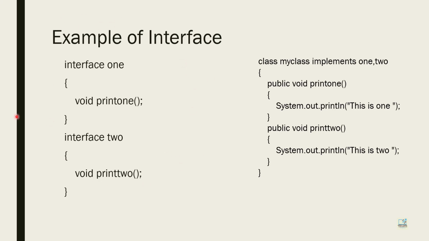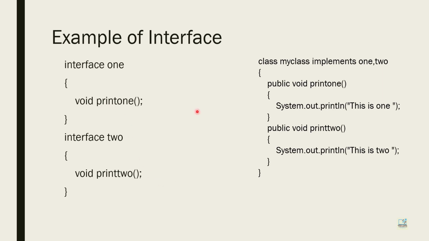Exactly in this example I have explained multiple inheritance. This is my first interface. As you can see, when we are declaring any interface, we are not writing class. It is not a class. We write interface. Normally we write class 1, class 2, but here it is interface 1, interface 2. And inside the interface we have the methods. The first method is void print1. It is an abstract method. You do not have to write the word abstract. Even if you write the word abstract, it's okay, but you do not have to, because all the methods are by default abstract. This is also an abstract method, and you don't have to write any access specifier like public or private, because by default it is public.